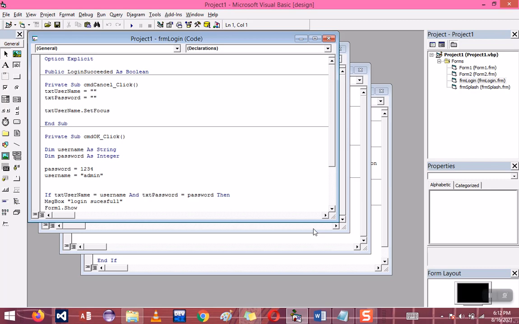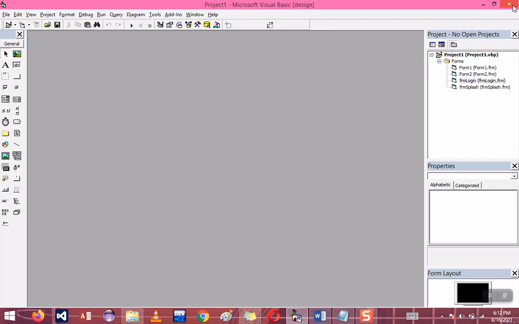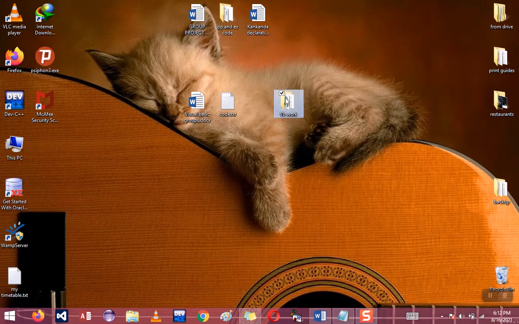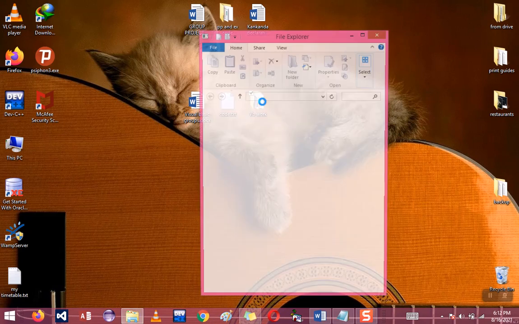Let us just give them one simple file that we can deal with, which I'm calling an executable file. So everything is in my folder. I think I mentioned that. I put everything in that one folder, VB work. Okay, so if I open the project,